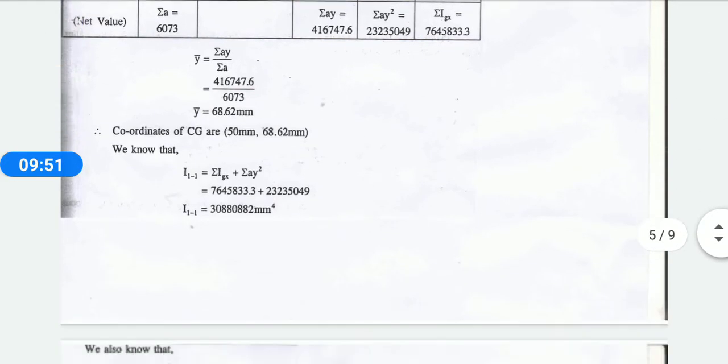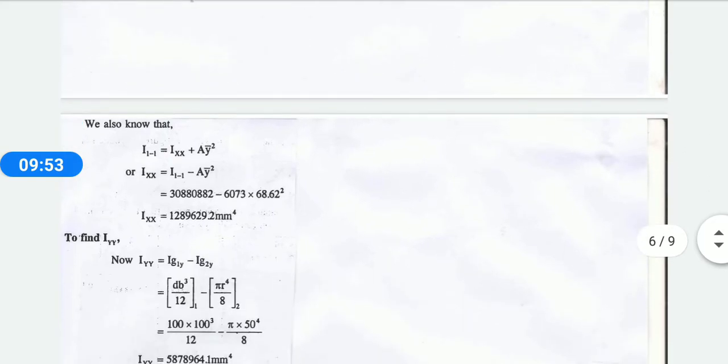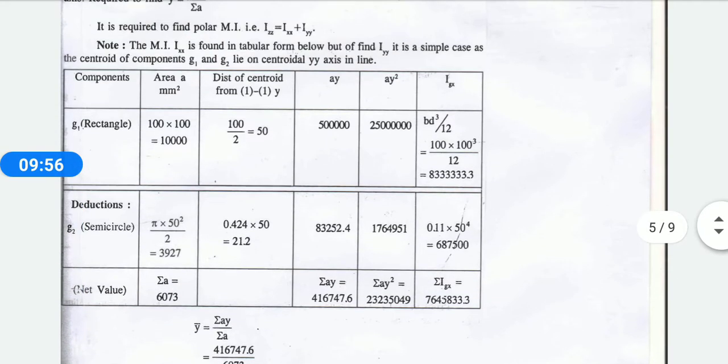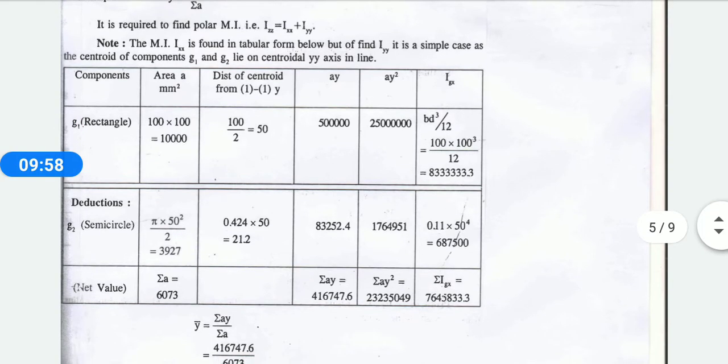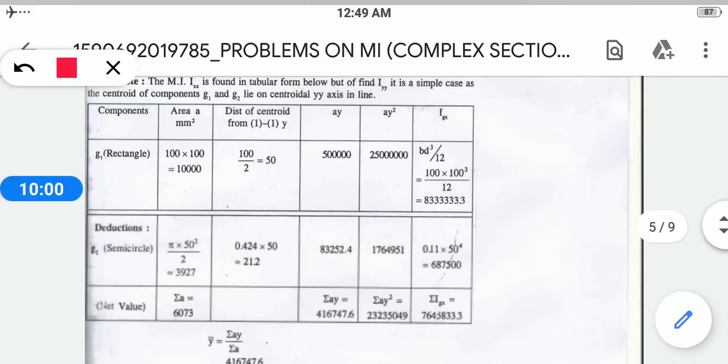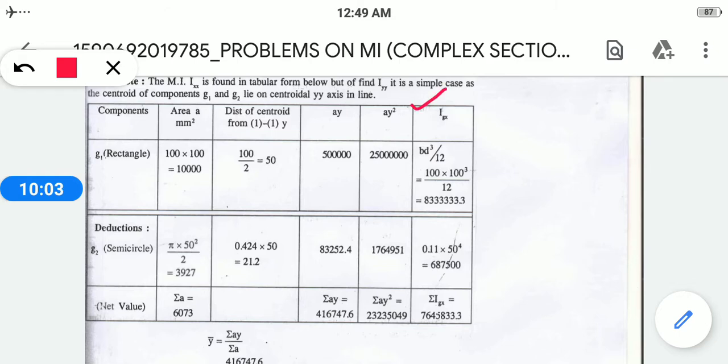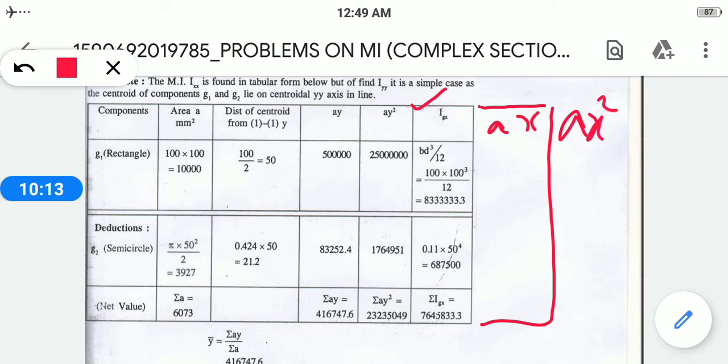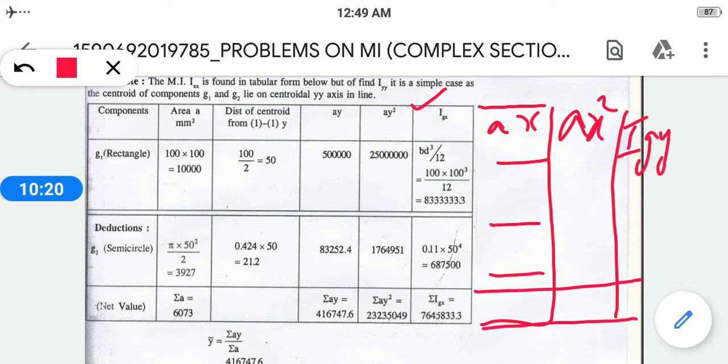But we need to find both the cases, that is I of gy also we need to find. They had given it normally in the substitution method. One method they had adopted the table and the other they had given in a normal substitution. But you can also do the other thing: find a of x square and I of gy. After calculating everything, you can get the summation of all these values and substitute as in the previous method. Okay, no need to adopt the same method over here.